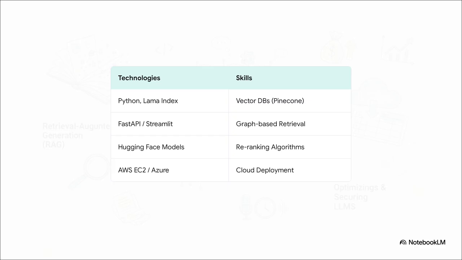Now, what's under the hood for this project? Well, the tech stack is designed to teach you crucial skills. You'll use tools like Llama Index and a vector DB like Pinecone, sure, but the real key is mastering the advanced stuff. Implementing graph-based retrieval to map out complex relationships in your data, and using re-ranking algorithms to surface the absolute best information. And finally, you deploy it on AWS or Azure, proving you can ship a full-stack AI application,